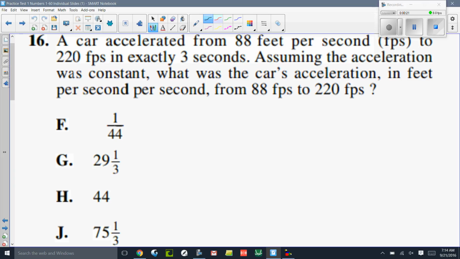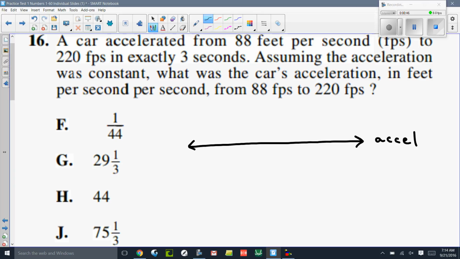The thing that probably confuses kids with acceleration is the units. The units on acceleration are feet per second squared. So a lot of times you'll see something like feet per second, which gets confusing. But I guess what I want to look at right here is this visual. If I drew a number line and I labeled this number line the acceleration of the car that's given,